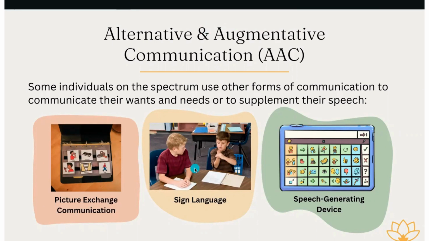So again, some individuals might be able to talk, some might have to use these augmentative communication, and we want to be able to consider how can our child best use their current skills to communicate their wants and needs. Because at the end of the day, what's important is that they're able to communicate, not whether they're able to speak, right? Obviously, for some families, that's the goal and they hope their child gets there. But we want to be able to consider right now, how are we best able to support our child in communicating their needs?